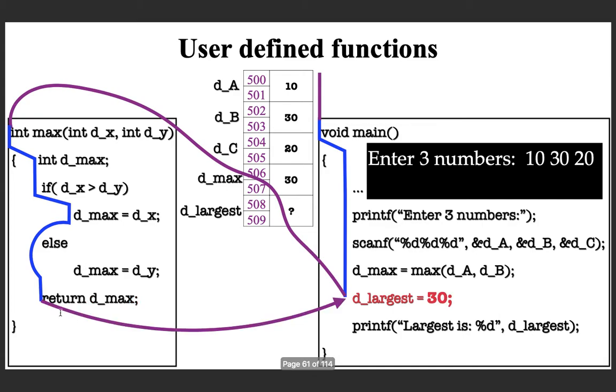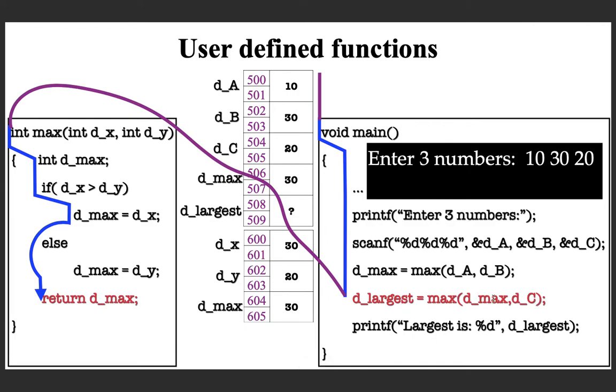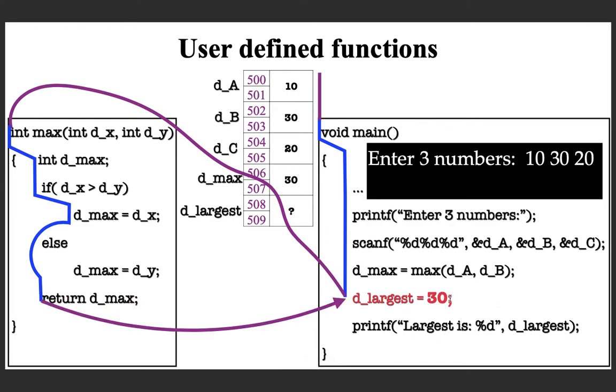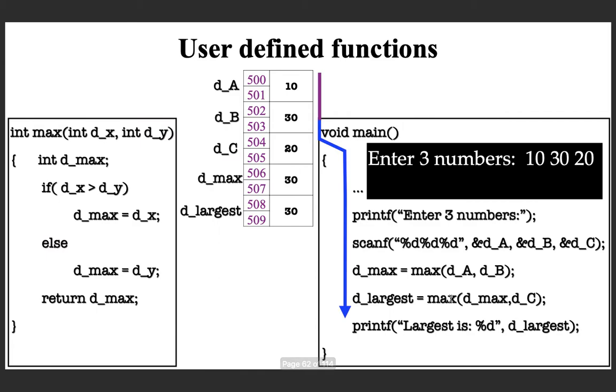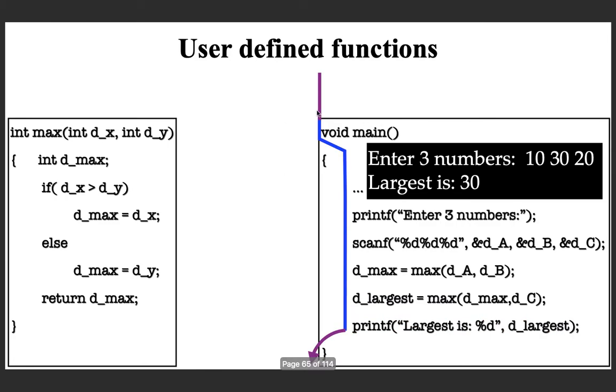You know what is going to happen. The control is coming back to this statement, and previously it was this call, now replaced with 30. And thus that function instance is also finished. It goes to the last statement, which is the print, it just prints the largest of three numbers that it found. And then because it finishes the last statement of the main function, that also is finished, and